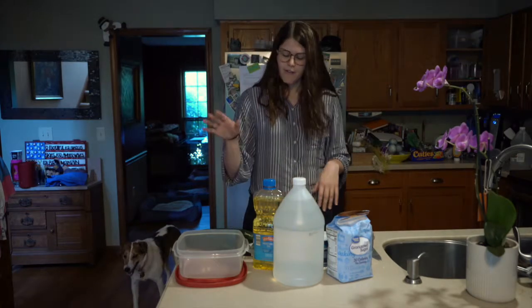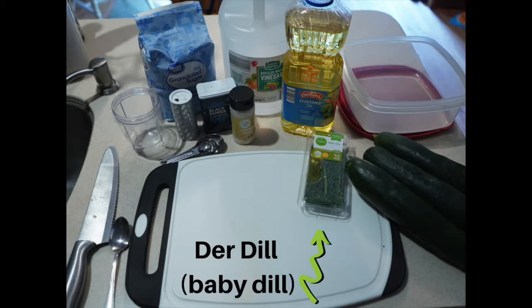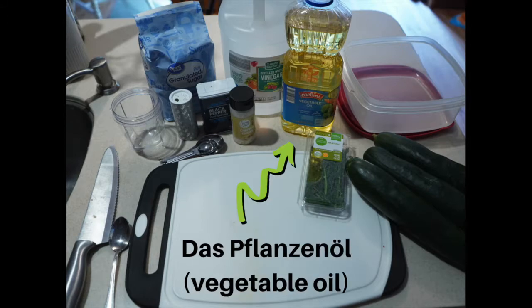You'll see we have the main point of our recipe, 3 big large cucumbers, of course Gurken. We've got some baby dill, which is actually an optional part of the recipe. If you like the flavor of dill, you can add it in, or if you're not a fan, you can always leave it out. Vegetable oil, which is going to be the base of our dressing for the salad,